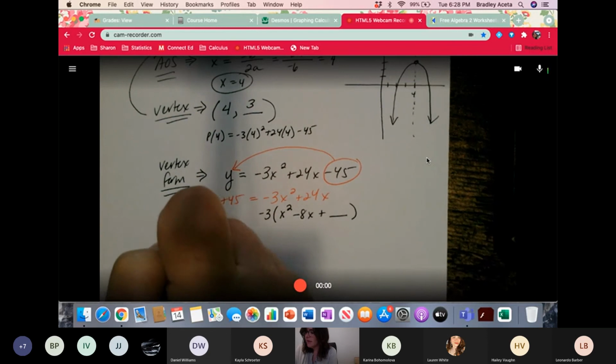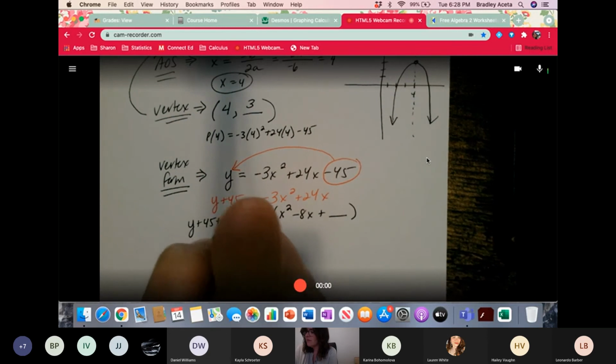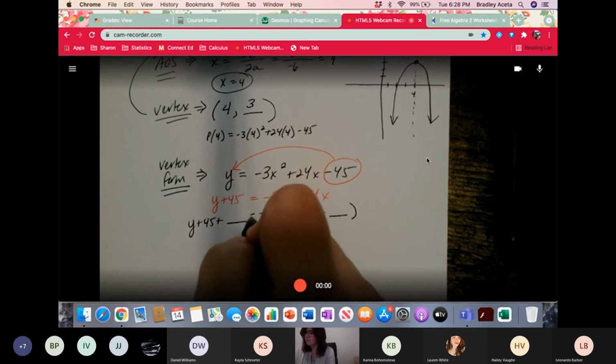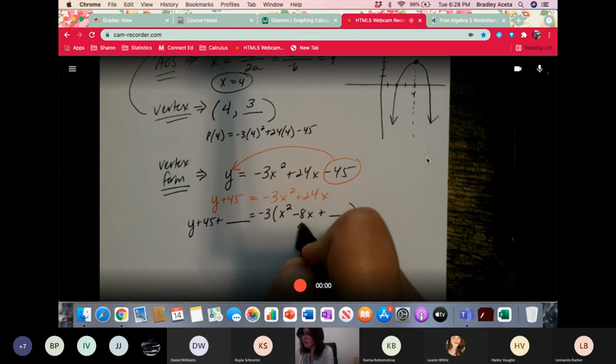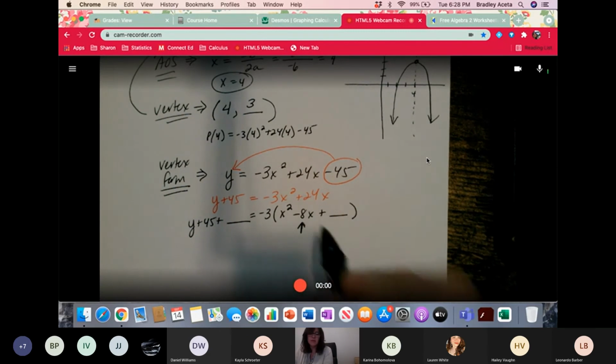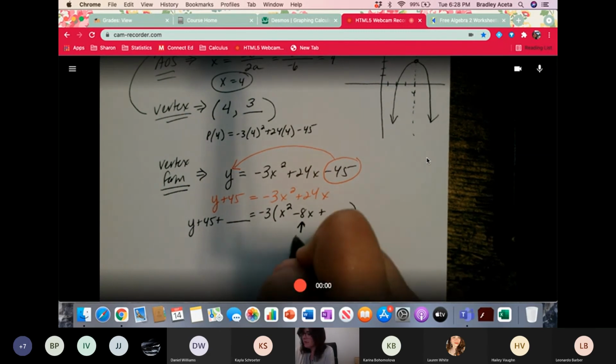On this side, we're going to have y plus 45 plus blank. Okay, so I brought my 45 over. I factored out my -3. And now what do I put in the blank? Well, I half the middle, square it. Which one's my middle? This guy. Half that middle. Half of -8 is -4. Square it,